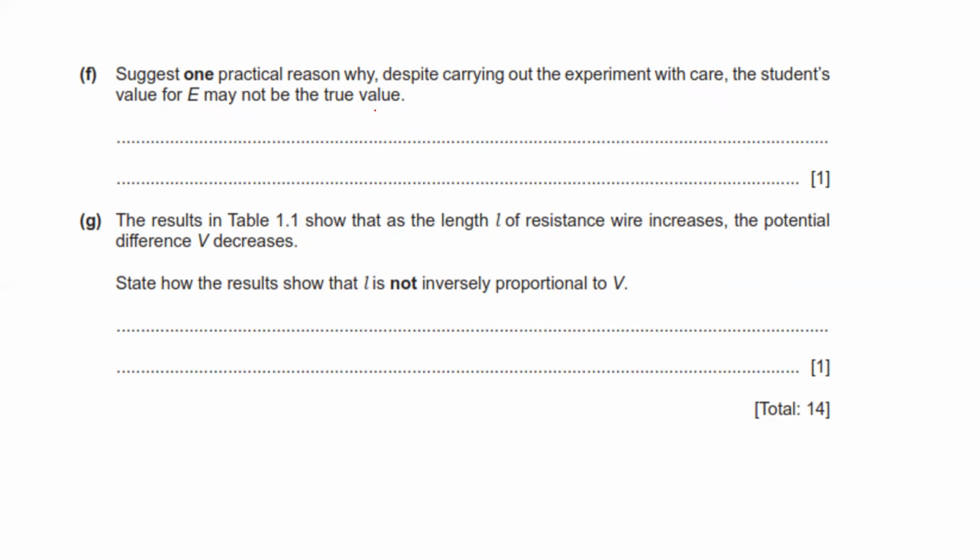Then we are not considering the internal resistance of the cell. There may be some zero error in the voltmeter which may not have been seen. There may be poor connections of wire. With time, the wire is heating up. So there are many reasons. For a practical reason, the easiest one is